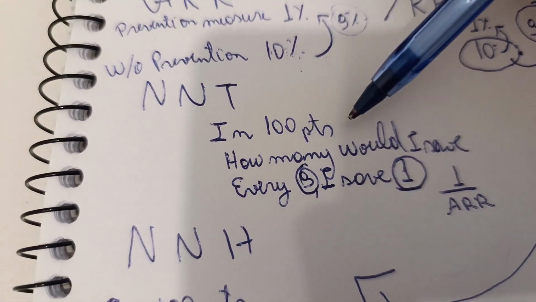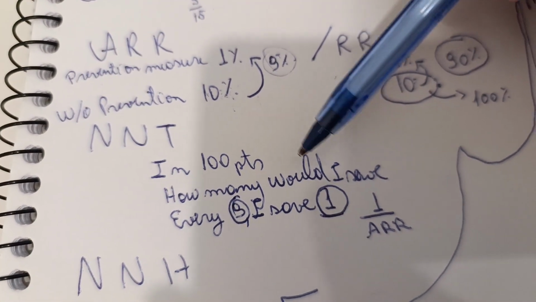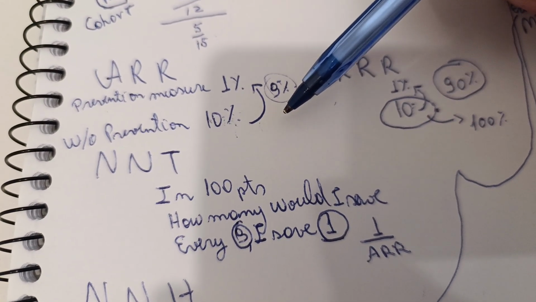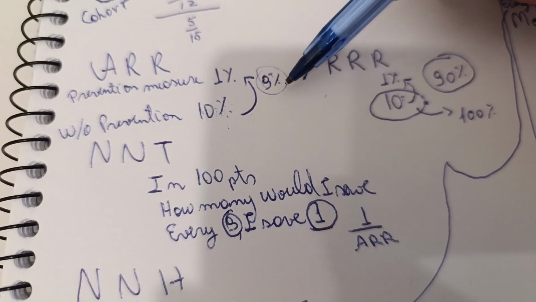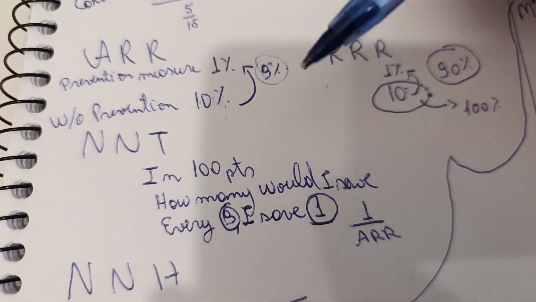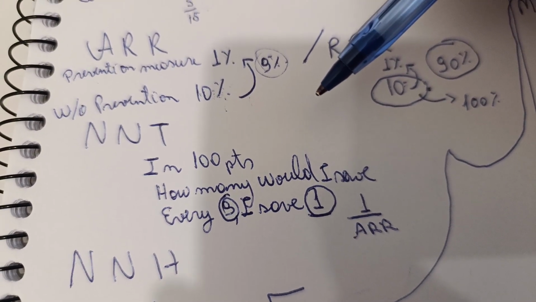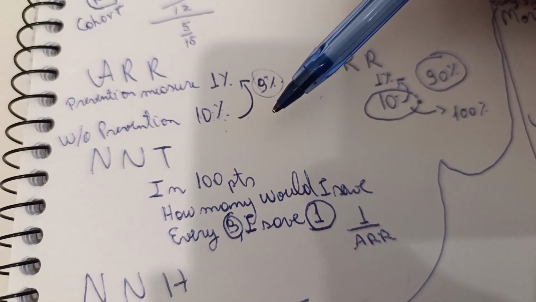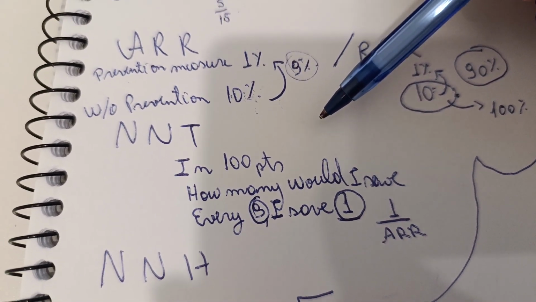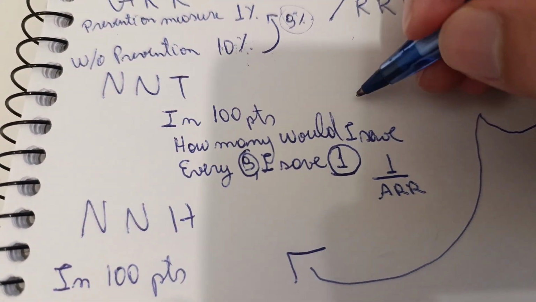So in 100 patients, how many would I save if I reduce 9%? So every 9, I will actually save 1. Or in 100 patients, every 9 I save 1, so I would have